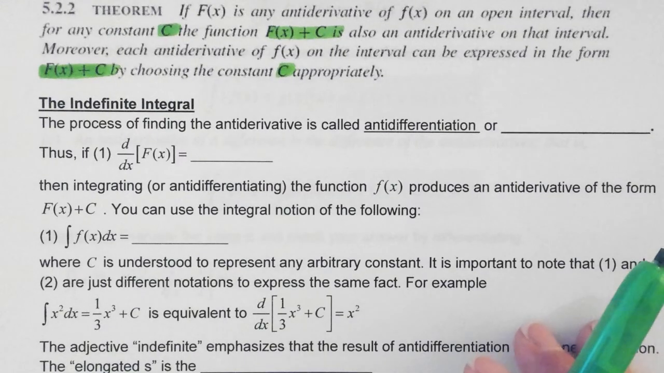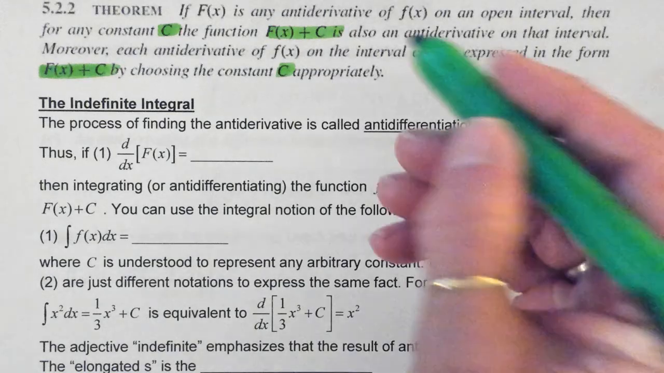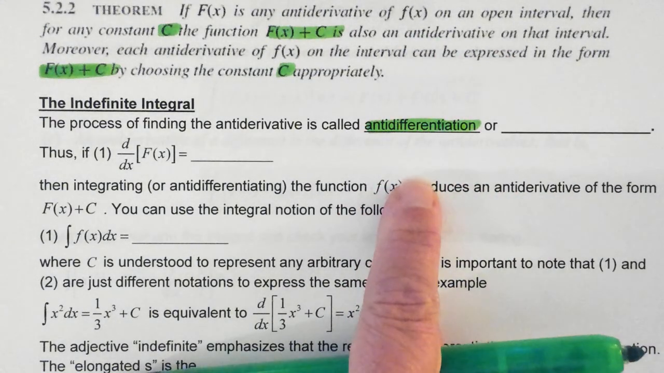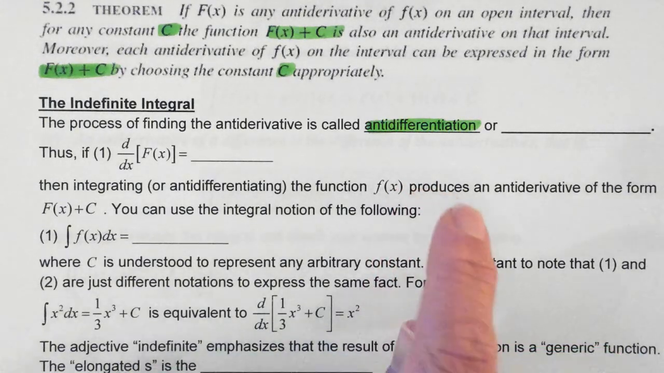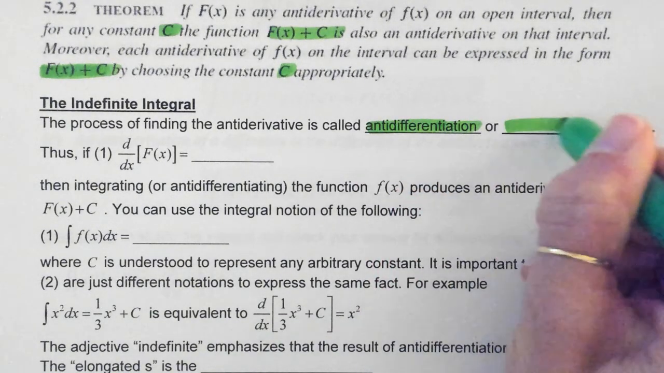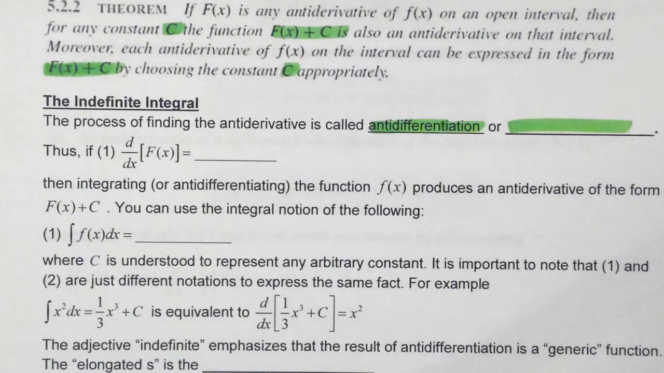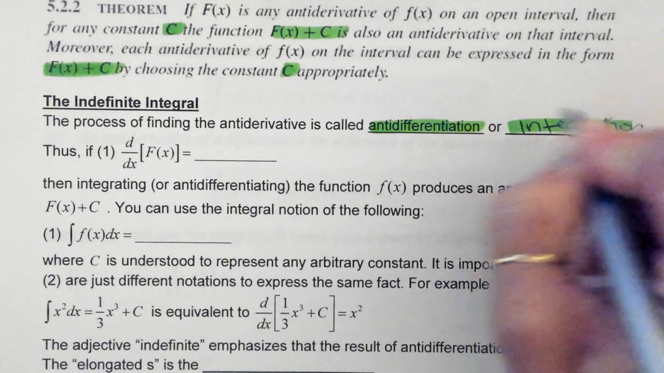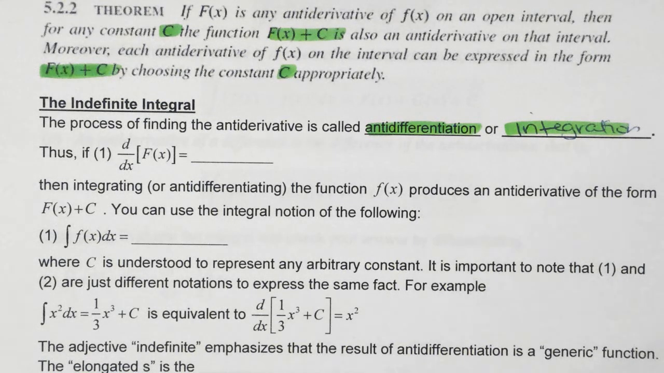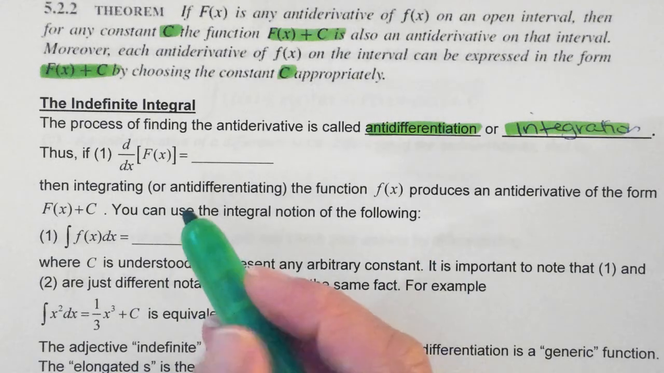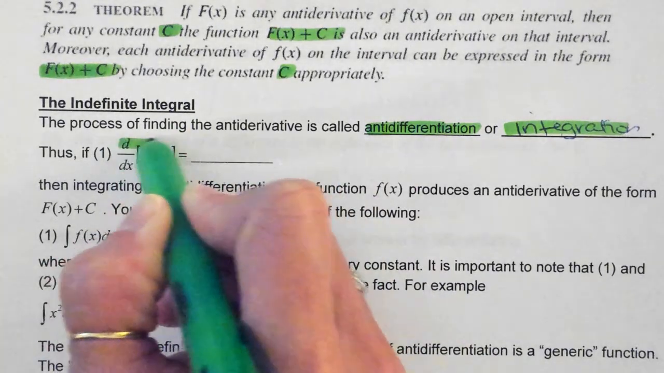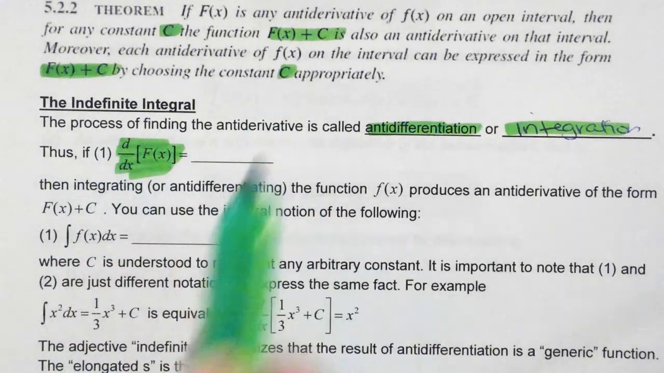So we have a process of finding the antiderivative, and it's called antidifferentiation. Guys, I never say that because it's just too much. I will say integration. Okay, so this is integration. You're going to take the integral. You may see antidifferentiation in directions. These terms are interchangeable. Okay, so for the first one, they're saying take the derivative of capital F of x,